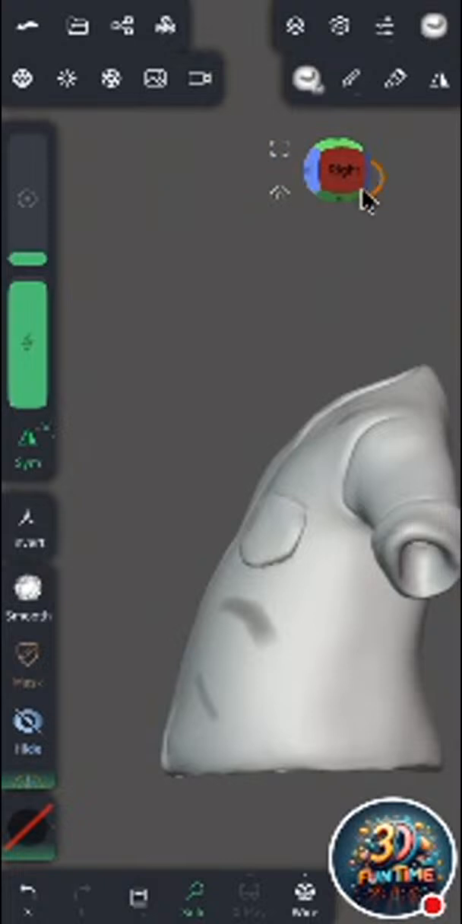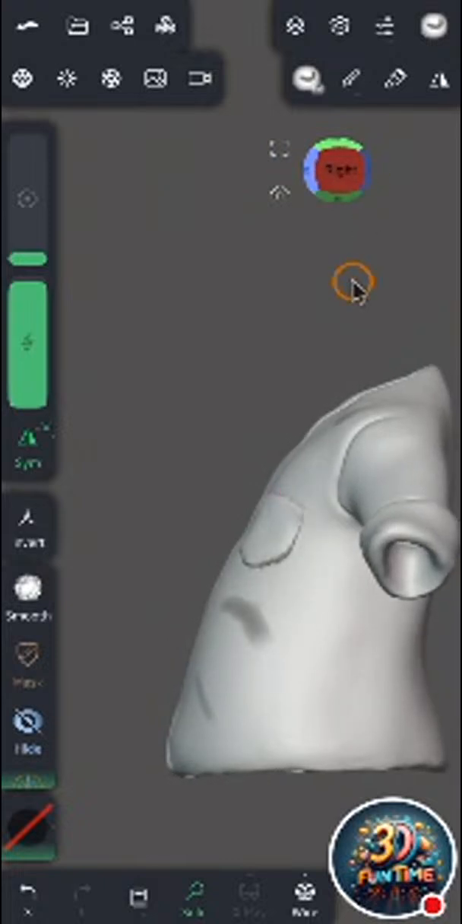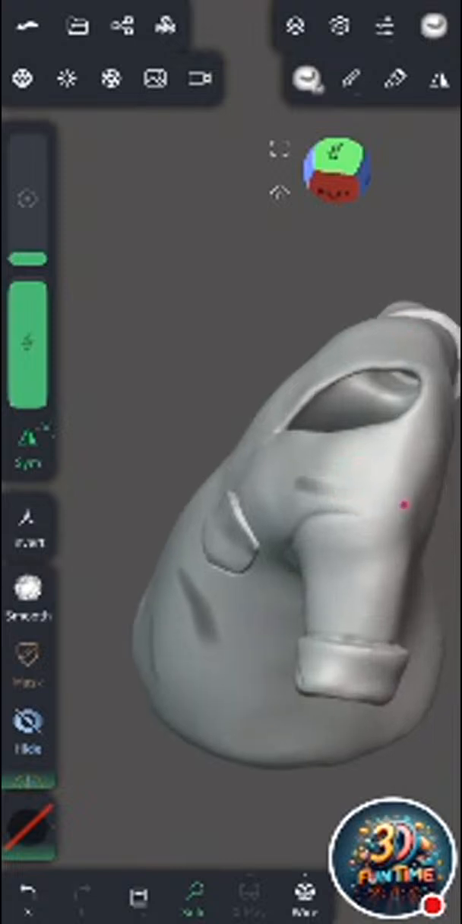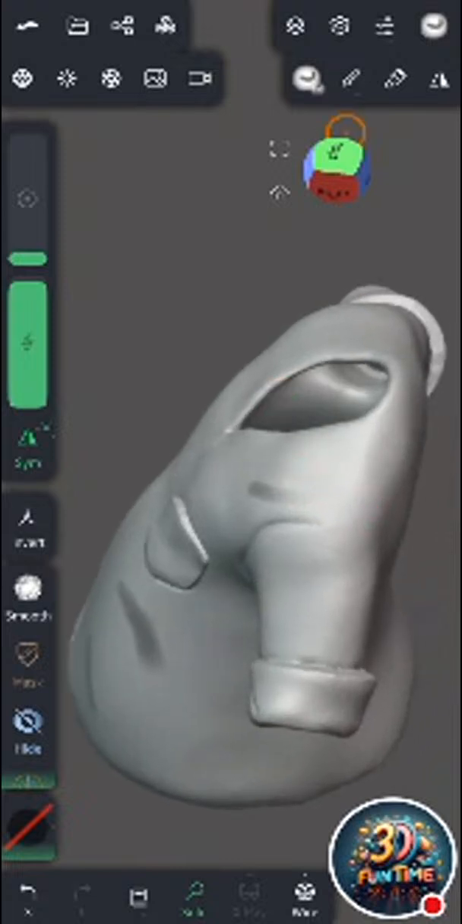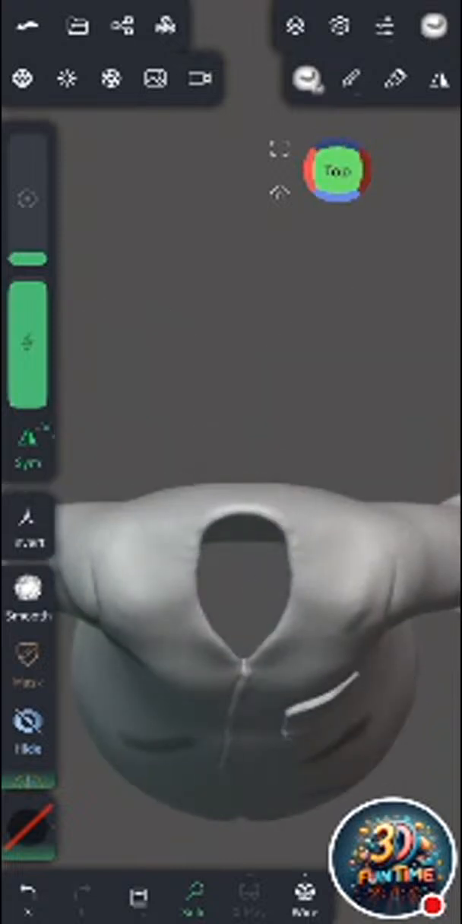From the top view, I would also make the crease. Go to the top view. Now it's been top. Make the crease here like this, and